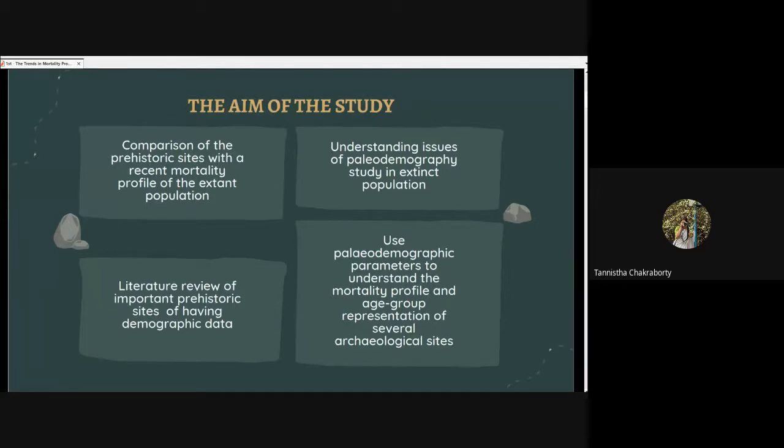The highlights of our studies are, first, comparison of the prehistoric sites with a recent mortality profile of extant populations. Second, understanding the issues of the paleodemography study of extinct populations. Third, literature review and carrying out secondary data collection on the importance of prehistoric sites having demographic quantitative data. And the last is to use the paleodemographic parameters to understand the mortality profile and age group representation of several